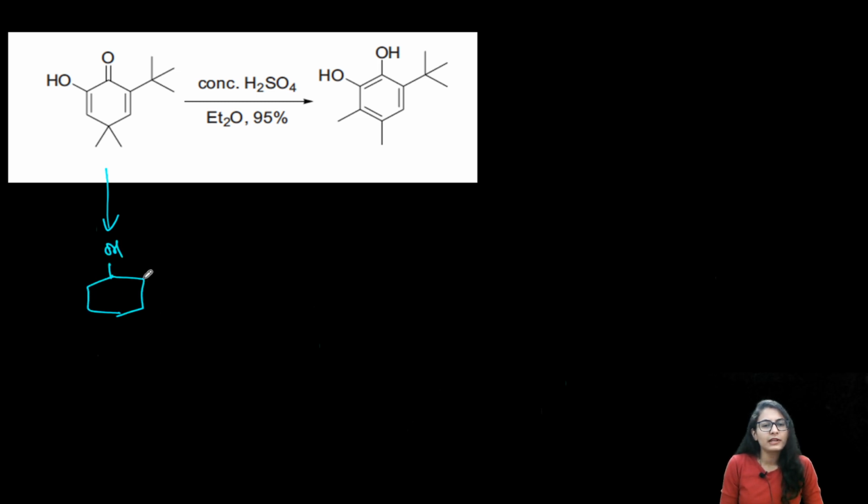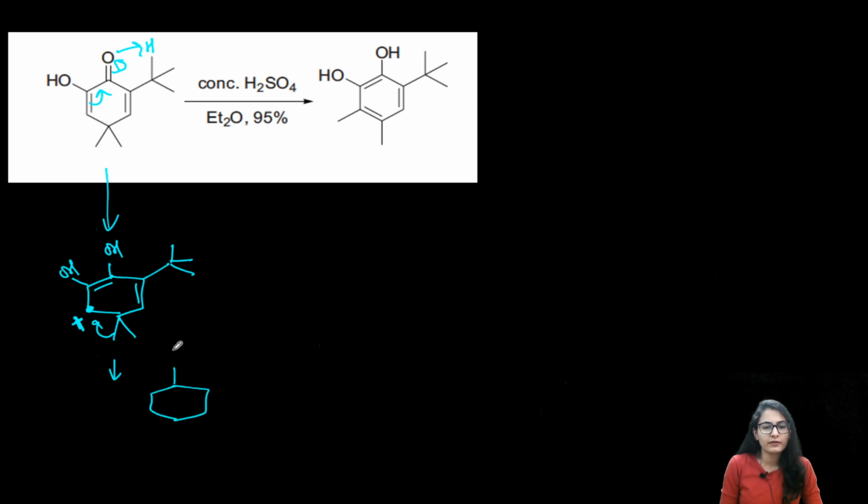Just by looking at the stereo of this molecule, I want to make the carbocation on this carbon. Why am I doing that? Why not on this carbon? That I'll tell you. But let's say if I generated the carbocation like this, if I move the bond like this, then there is a carbocation on this carbon. Isn't it? Now I'm going to proceed with this mechanism, and one of the methyl is going to migrate onto this carbon,